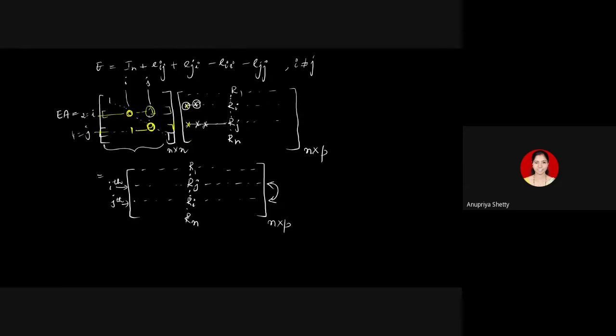Or I can conclude at this point that when you multiply a matrix A with the elementary matrix of type 2 on the left side, what is happening? The respective two of the rows, that is say ith and the jth rows, are getting interchanged, which is precisely elementary row operation of type 2. So multiplying on the left of a matrix by elementary matrix of type 2 is equivalent to performing elementary row operation of type 2. Next, I'll take elementary matrix of type 3.